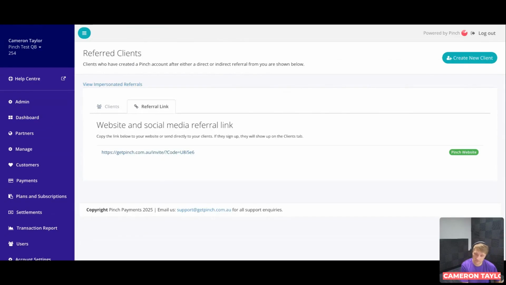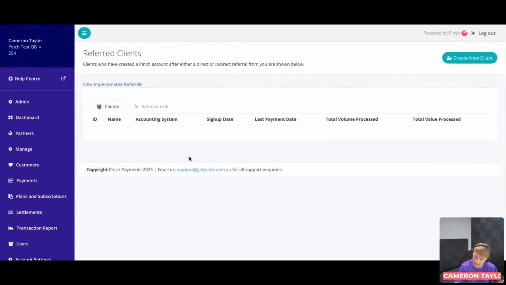And as soon as they finish that registration, it's going to automatically assign them as one of your referred clients, which will then appear in this referred clients list. Right now, once they are a referred client, we automatically attribute access to them. And what that will allow you to do as a partner, which is probably the main feature that partners actually